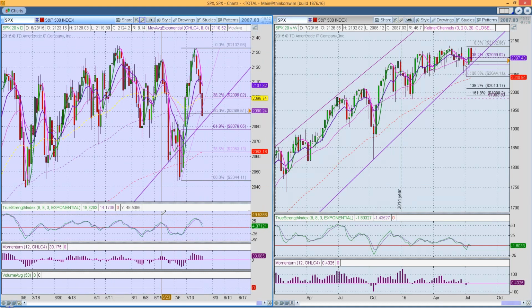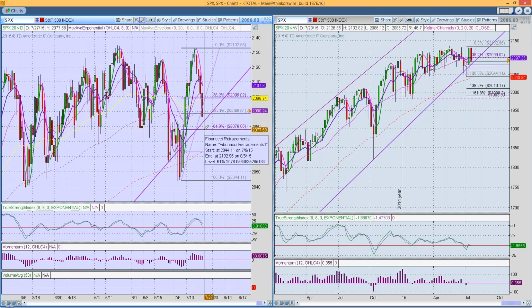I laid in this Fibonacci retracement just to give you an idea of, isn't it interesting how it dropped right to the 38.2, and now it has actually penetrated the 50% retracement on the Fibonacci, right below the 100-day moving average. And so this trend line, which was restored when prices went back up above it, is again in play. If we break through here, then the 61.8 is in play, the 78.